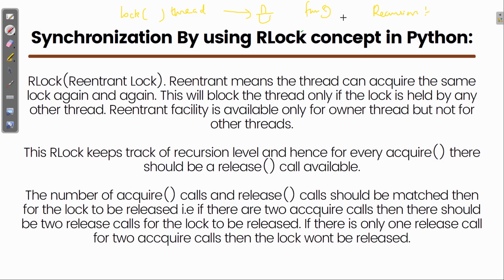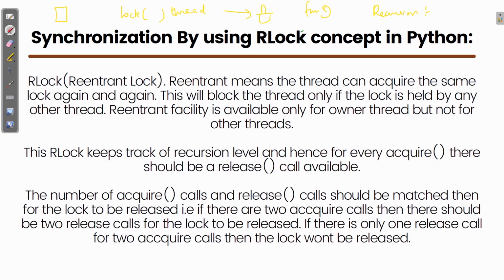That means we have one function, and inside that function we are again calling that same function. So in that case, what is happening? The thread that has acquired the lock is getting blocked because it is not recognizing itself.